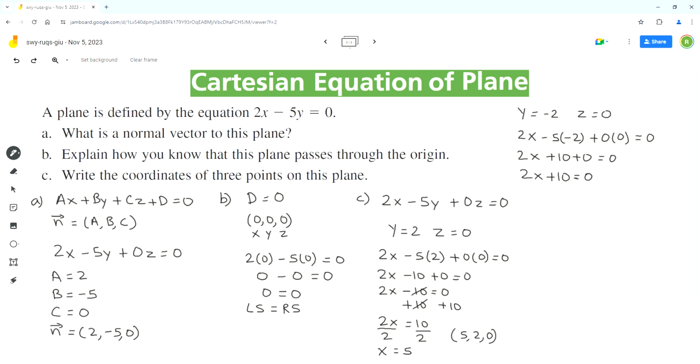Now we can subtract 10 from both sides. Next we can divide both sides by 2. So the second point is,